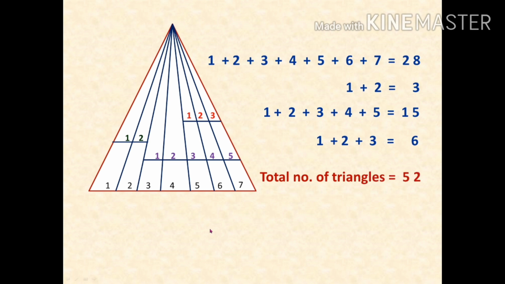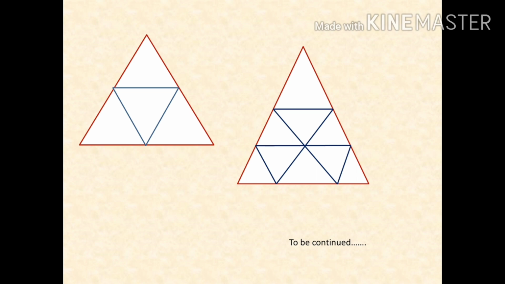Finally, what we come to know is there is a trick available for each pattern in counting of figures problems. What we have to do is just remember which trick is to be applied for which pattern. In today's video, we have seen only the same type of pattern, so we have applied the same trick. If you are having images like this, that is, there is a triangle inside another triangle, there is a separate trick for this. We shall see what trick should be applied for this pattern in the next video.